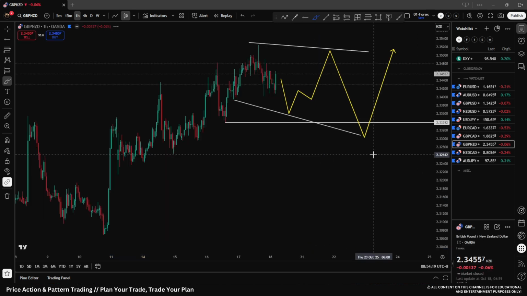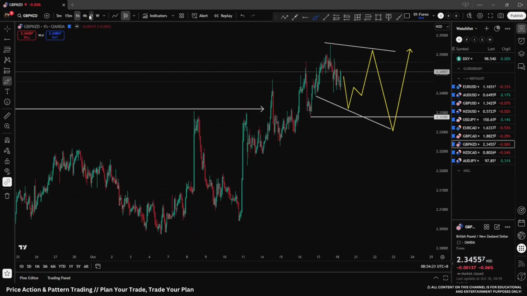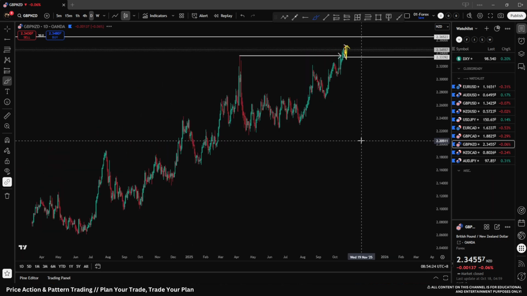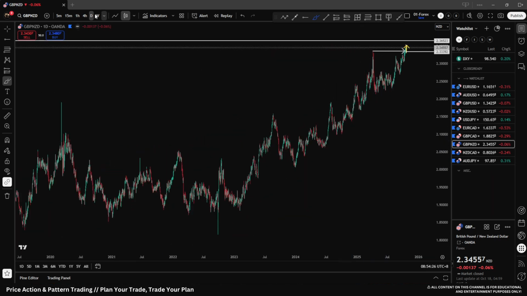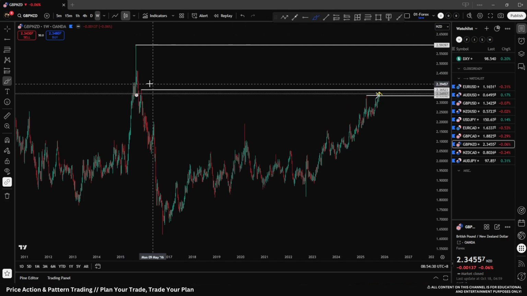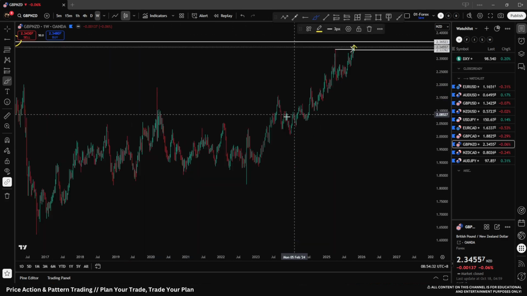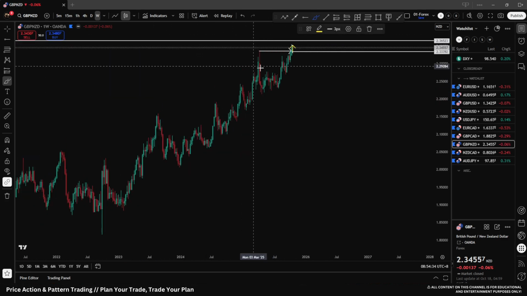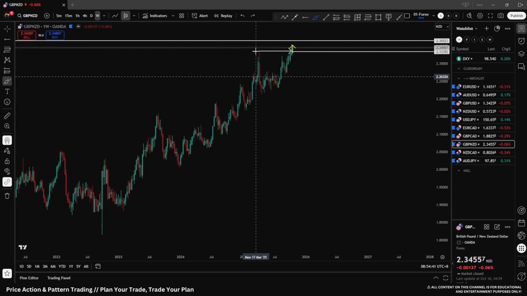Pound New Zealand dollar is similar overall on the daily time frame. We do have some levels, actually we can see them on the weekly. We have some levels to work with here. We have some wicks to fill, so there is still room to the upside. We had here fairly good volume accumulation and are now still in an uptrend overall. We did tap or fill this wick here to the left.